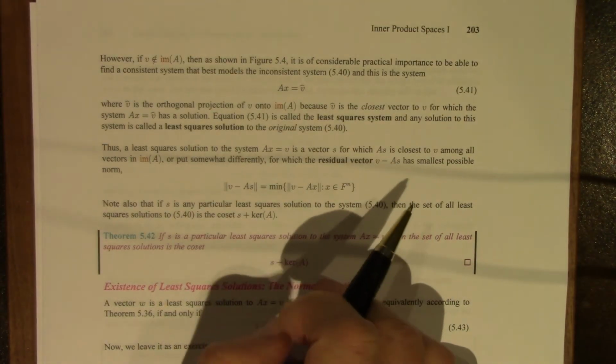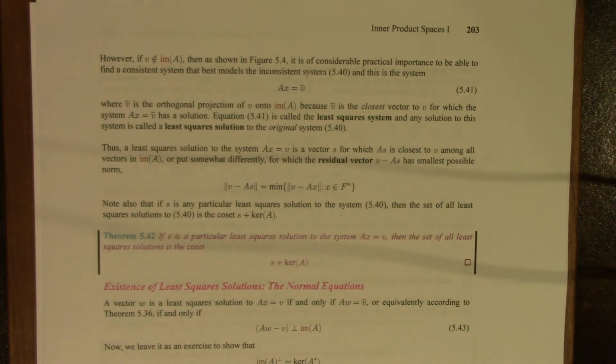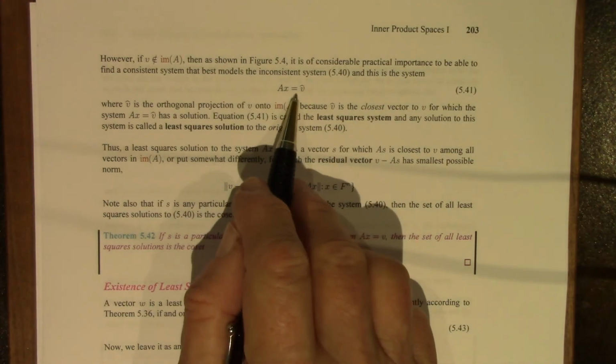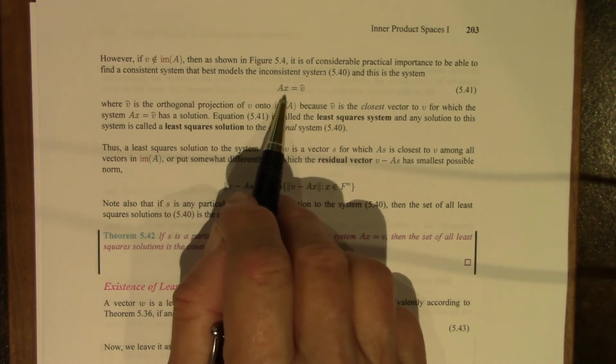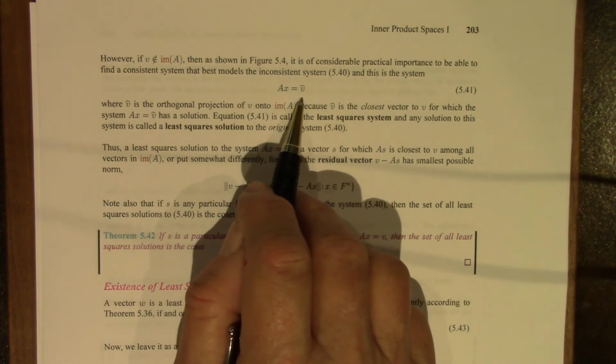Well, what we would like to do is find a consistent system that best models the original inconsistent system. And this consistent system is going to be AX equals V hat,